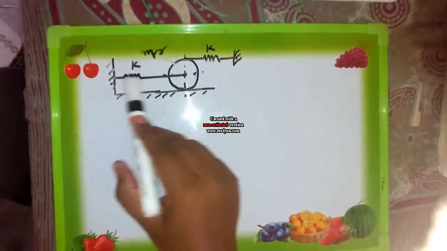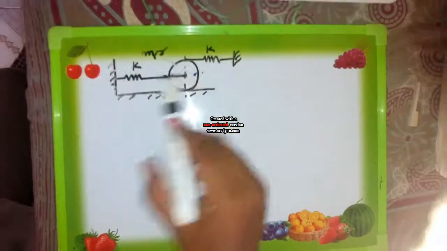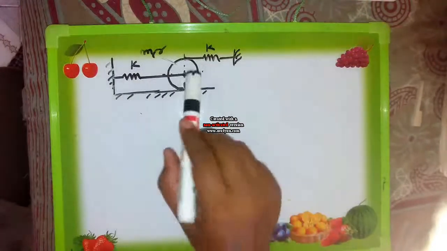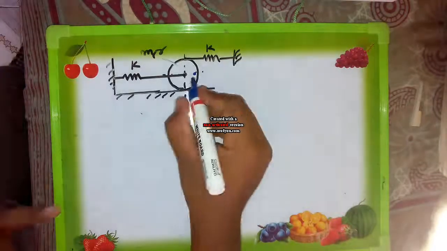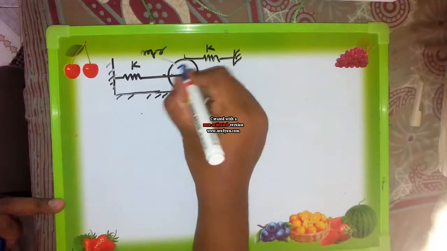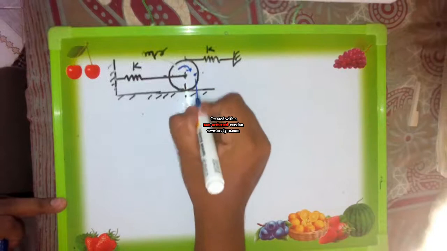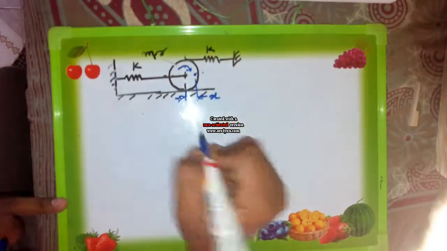There is only one mass and those are coupled by means of two springs. It means that from the displacement of the mass we can find out the displacement of both springs very easily. So it's a single degree of freedom. So first of all we have to displace it. Any system, give it a displacement. Suppose by rolling it, it means that it will try to roll like this. So due to the rolling, this center is shifted from this position to this position, and let the linear displacement of this mass be x.